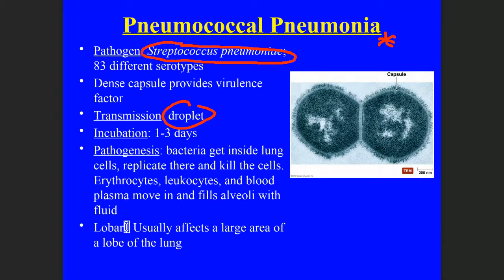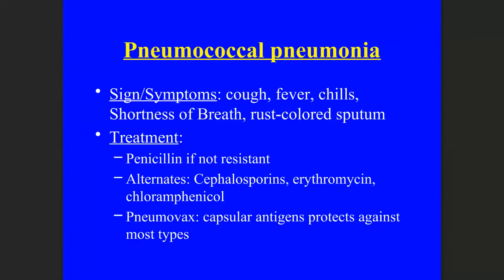All right. Now, this bacteria is usually spread in droplets, and what it does is cause a lot of inflammation in the lungs, causing a lot of fluid buildup. That's one of the problems here, a lot of that fluid buildup making it very difficult for gas exchange between the gas in the alveoli and the gas in the lungs. So that's one of the biggest problems with this. Treatment for this could be penicillin, if the bacteria are not resistant, or some other antibiotics like cephalosporins or erythromycin. In very rare cases, like if all other antibiotics didn't work, a person might be given chloramphenicol.